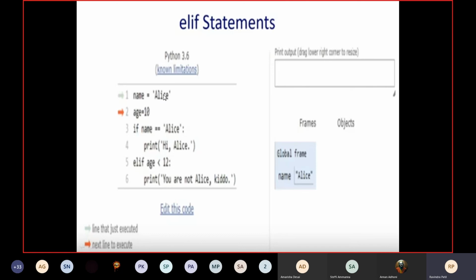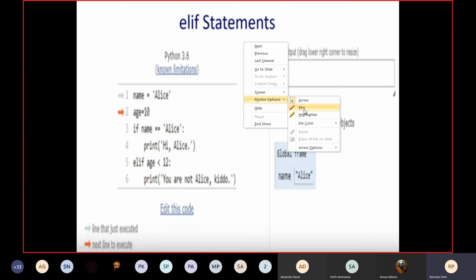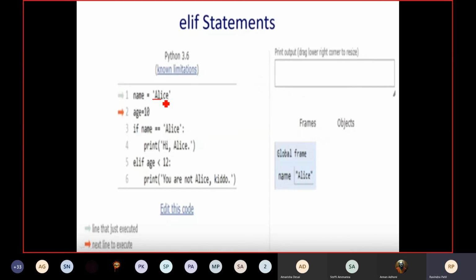When this statement executes, this value will be assigned to the variable name in memory. So name will be stored with the value Alex. The next statement to execute is this: we assign age equal to 10.